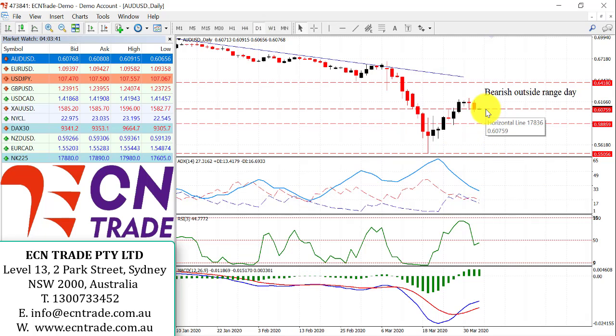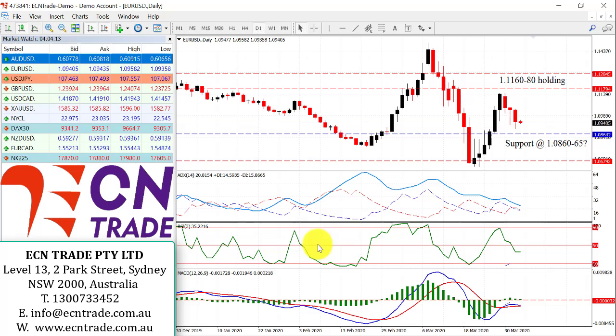And now it asks the question whether we have confirmation, due to the New York close being under that level of 60.65. I would like a little bit more evidence from the technical implications to support my call from the bearish outside range day, looking down towards a region of 58 cents as an objective. Let's see if the market can continue, with the immediate target seen at 60 cents. Any advances should struggle towards 61.25 to 61.65.